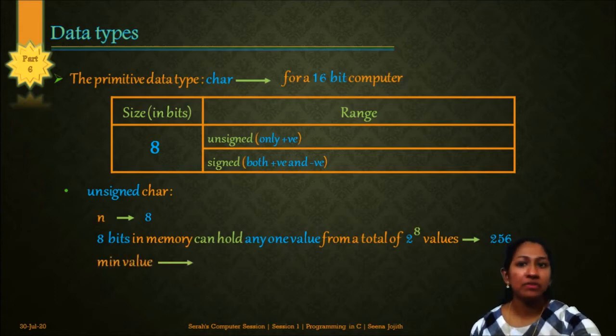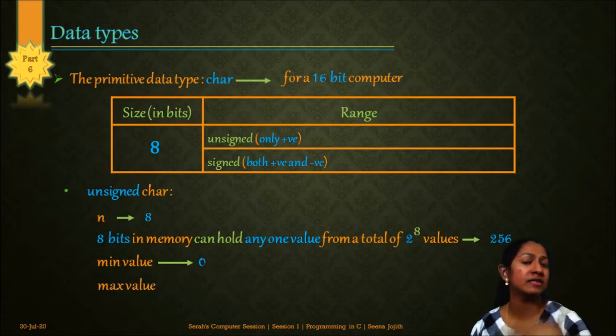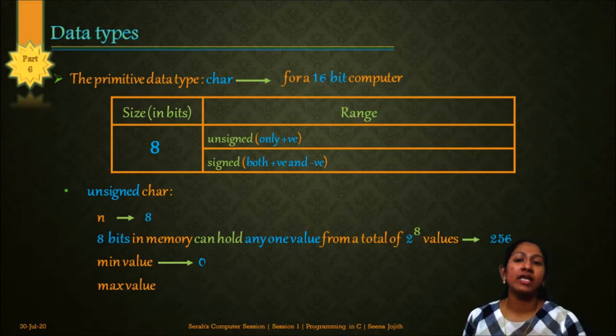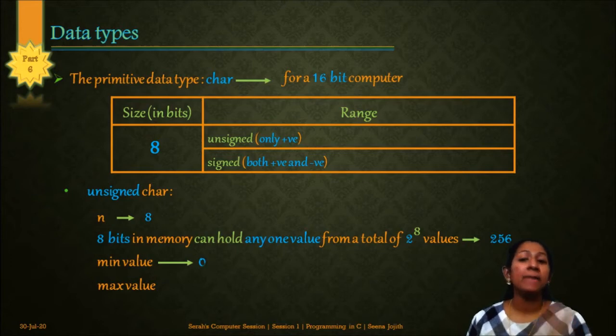So the minimum value will obviously be 0 because we are considering unsigned character, where only positive values are taken. Don't confuse yourself by thinking how can a character take a numerical value. Whenever you enter a character, its corresponding ASCII value is inserted into the memory, or the corresponding binary representation of the ASCII value. Anyway, the minimum value for an unsigned character will be 0 and the maximum value will be